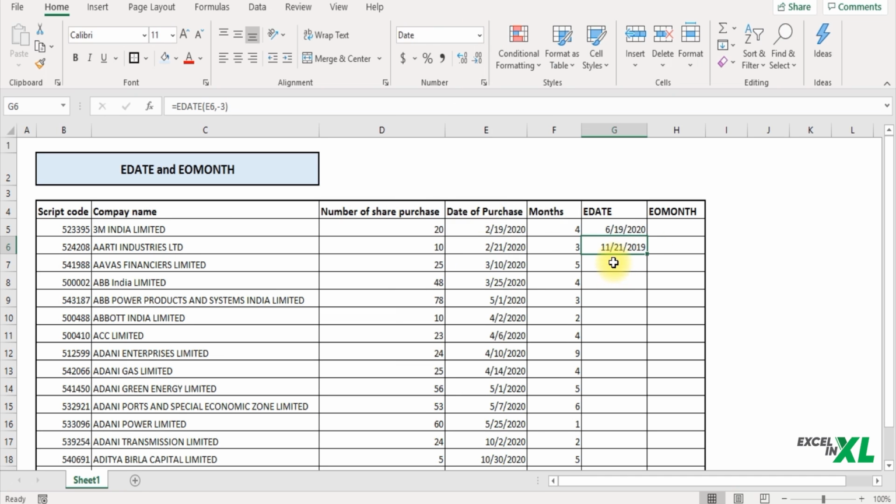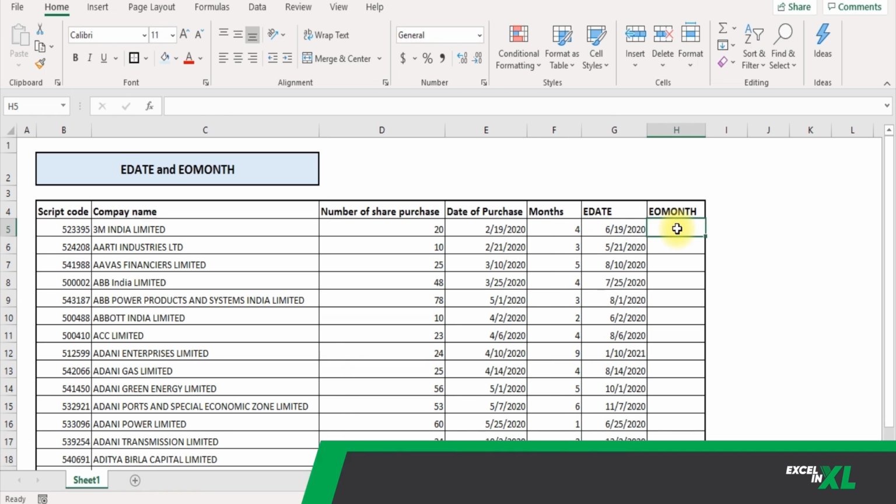Now you can see it has returned 21st of November 2019. Since our start date was 21st of Feb 2020, 3 months before it represents November 21st 2019. Hence, it has calculated that date. So let's copy down the formula over here to all other cells.